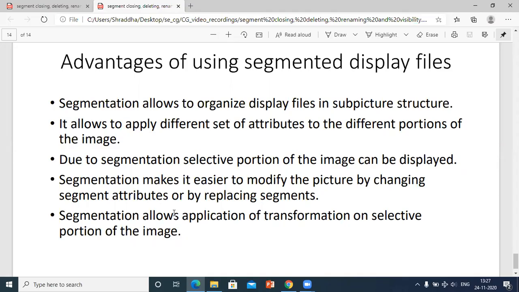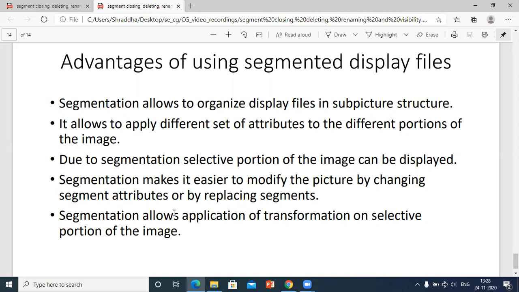If you want to display just the ceiling fan, then only the ceiling fan can be displayed. Segmentation makes it easier to modify the picture by changing the segment attributes or by replacing the segments. We have just seen how renaming, deleting, and changing attributes, whatever modifications are made, are easier to display on the screen due to segmentation.